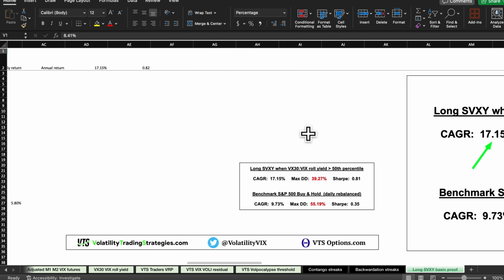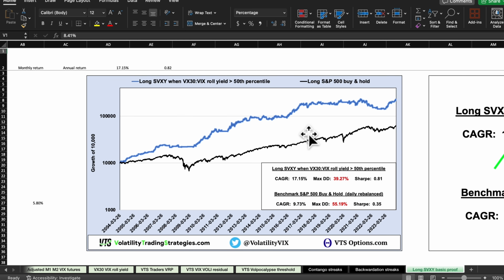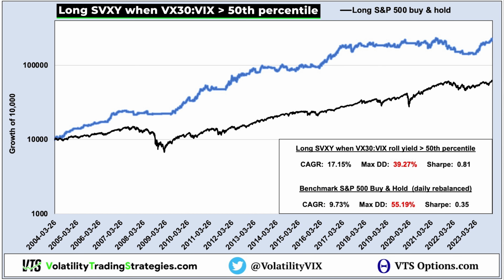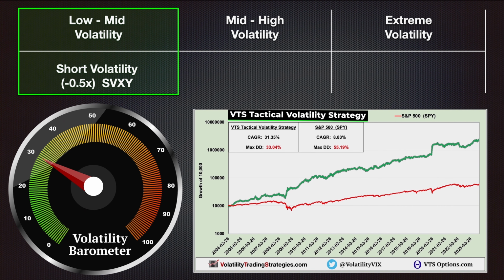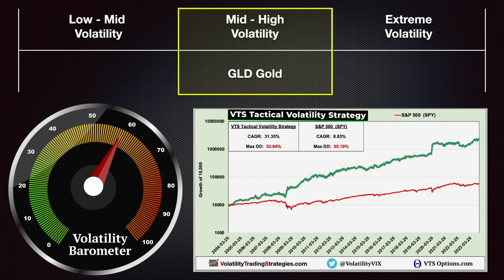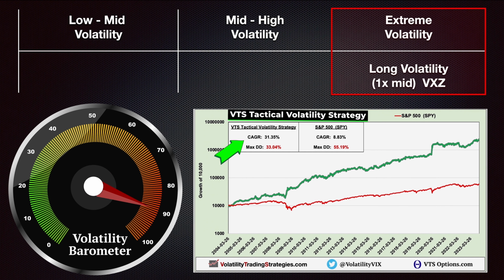So if we want to see the results, here it is. We can blow this thing up a little bigger so you can see it. And with just the most rudimentary filter, we've already substantially improved performance. Now, obviously in my own portfolio, I go many steps further than this. I don't handcuff myself to a single metric and a single threshold. For me, my volatility strategies have a much higher return with even lower drawdowns. But again, today's test is just a proof of